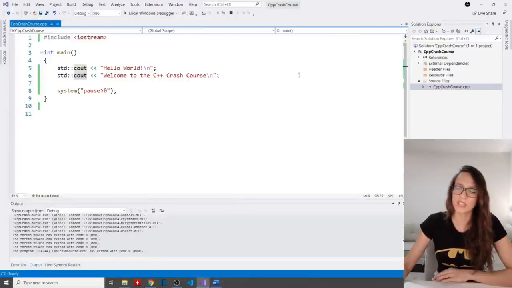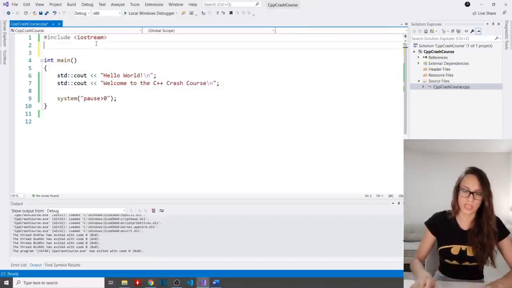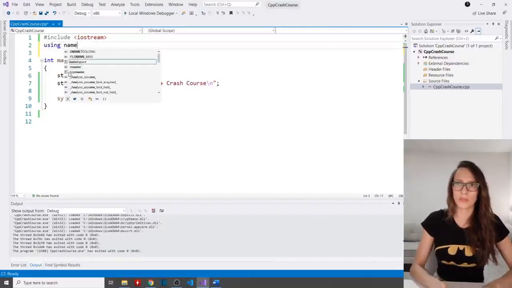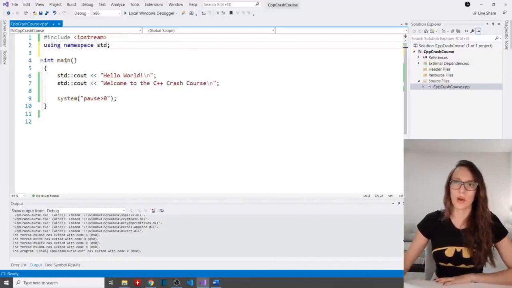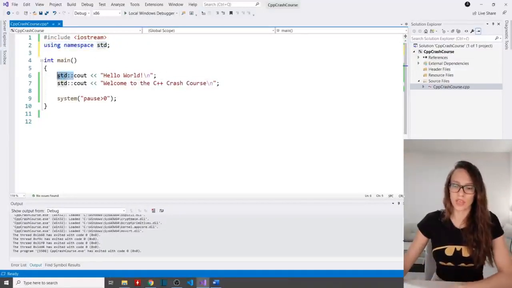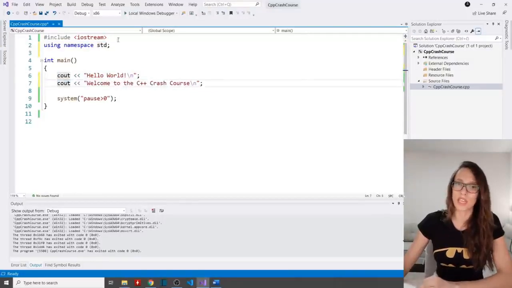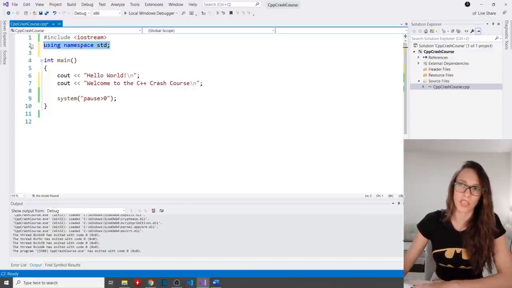Okay, now the first thing that I want to do is to include this std namespace at the beginning. So I'm going to say using namespace std. Now here I have included this standard namespace, so I don't have to write it here nor here. I can remove that. However, I want to say that this here is not going to be the recommended way of doing things, because this here is going to include many more things than just ones that we will need for this application.